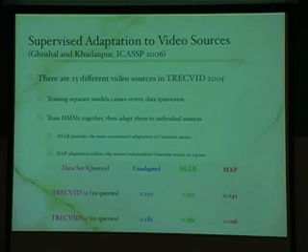Here, this was the unadapted system. And by the way, now I've moved over to the 2005 TREC set. That's why the baseline numbers have changed a little bit, as have the number of queries. The way the 2005 TREC task was set up, there were 39 concepts labeled in all of the training data, of which 10 were known ahead of time to be the ones we'd be evaluated on in the test data.